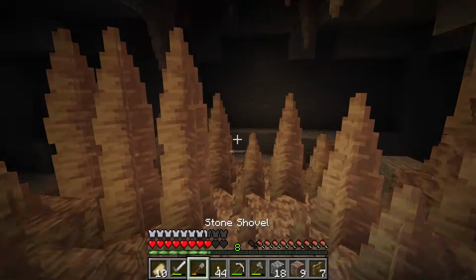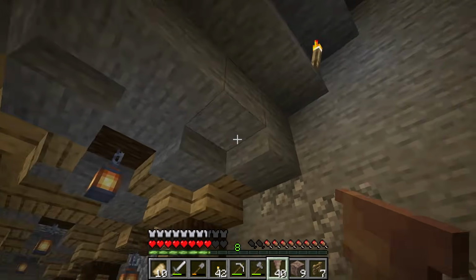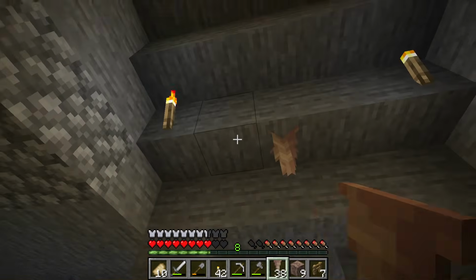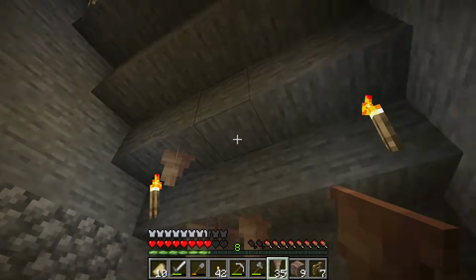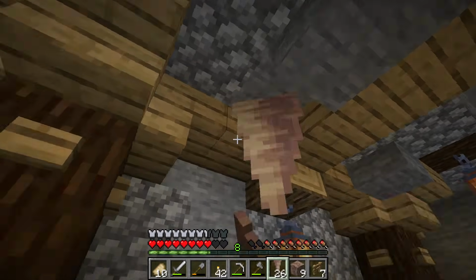Told you that's rude, man. We did get 40 bits of dripstone from that, so that's very cool. And let's just hang this from the ceiling. Oh my god. Come on. And can we just add some little bits around here? Yeah, there we go. In there, like maybe a big bit in there or...